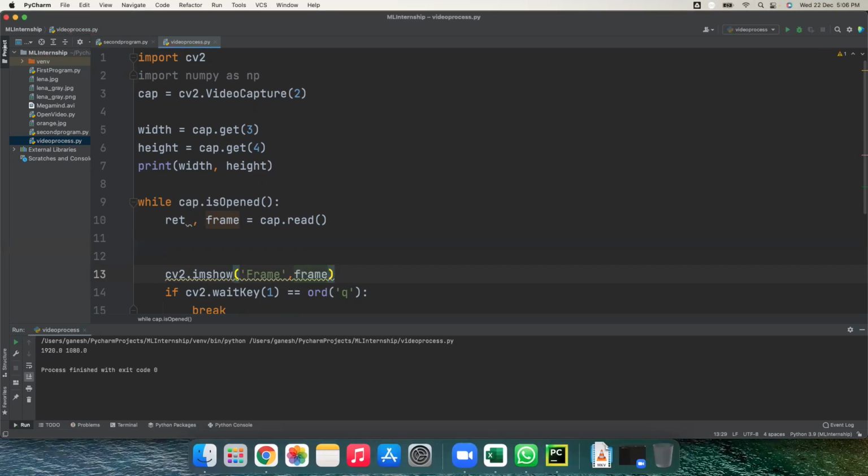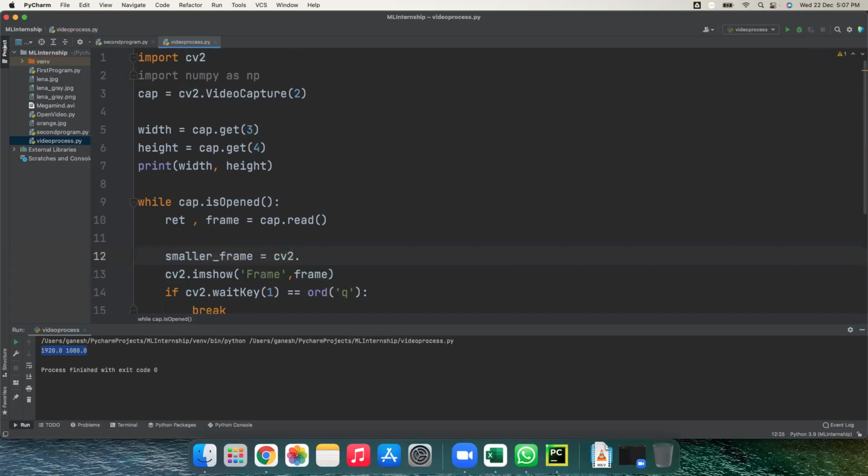In your case, it might be different. It might be 640 by 480 or 1020 by 780. So it might be different for different cameras, depending on which camera you are using. Now I want to make this frame a smaller frame. So how to make the frame a smaller frame? Can anybody recall it? How to make the particular frame smaller?